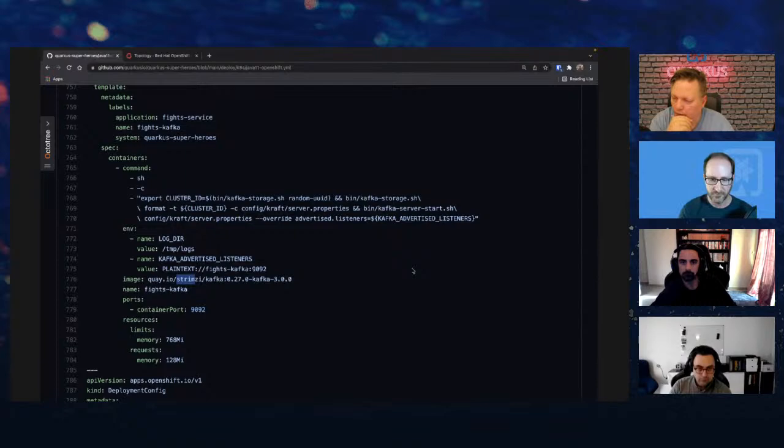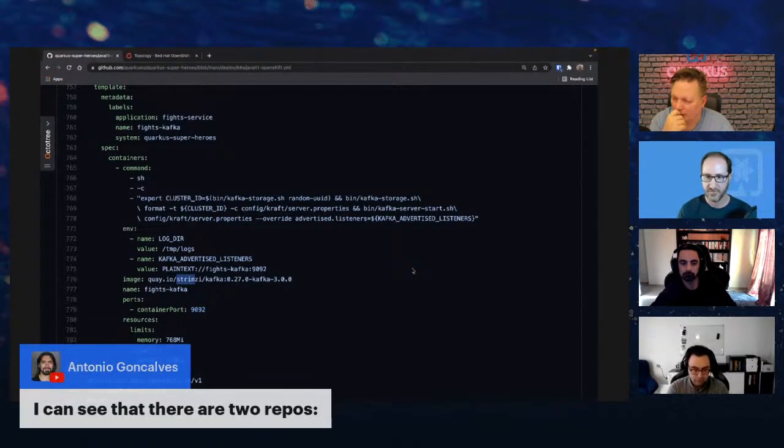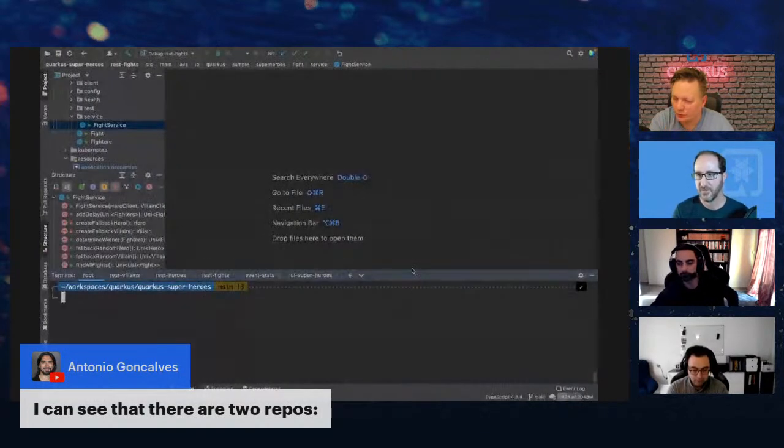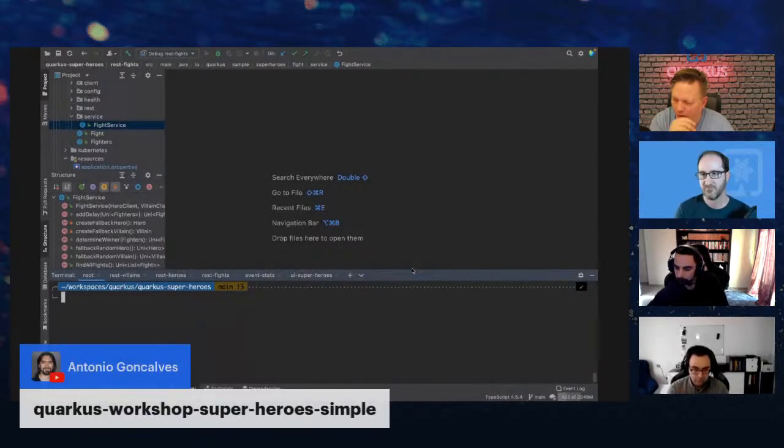Got it. All right. And I see Antonio came back saying he noticed there's two repos: the Quarkus Superheroes and the Quarkus Workshop Superheroes Simple. That's why he talked about racing. I don't even know what the difference is between these two. So basically, we still have the workshop, the workshop that develops